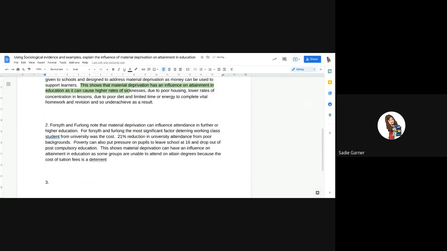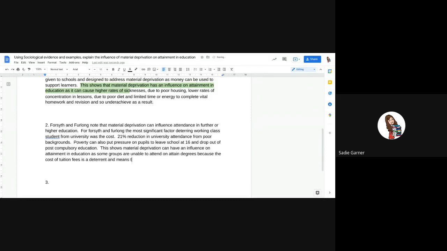So it has an influence because some of them are unable to attend university, and so they won't attain. So I'm trying to link back to achievement or attainment, and won't attain degrees because of the cost of tuition fees is a deterrent